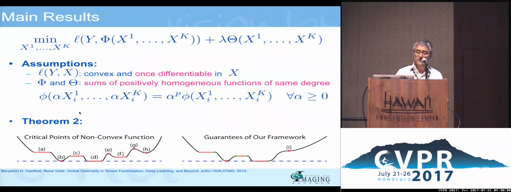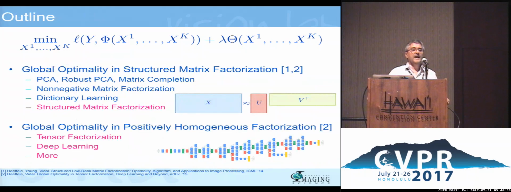That's in principle. So what this theorem 2 tells you is that if the size of the network is big enough, things such as h, where you need to increase the value of the function in order to escape, are guaranteed not to exist. So you might have a situation like this flat plateau, but notice I can traverse the plateau without increasing the value of the objective function. So I don't need to increase the value of the objective in order to escape those critical points. Okay. All right, so that's a very high-level explanation without getting into a lot of details.